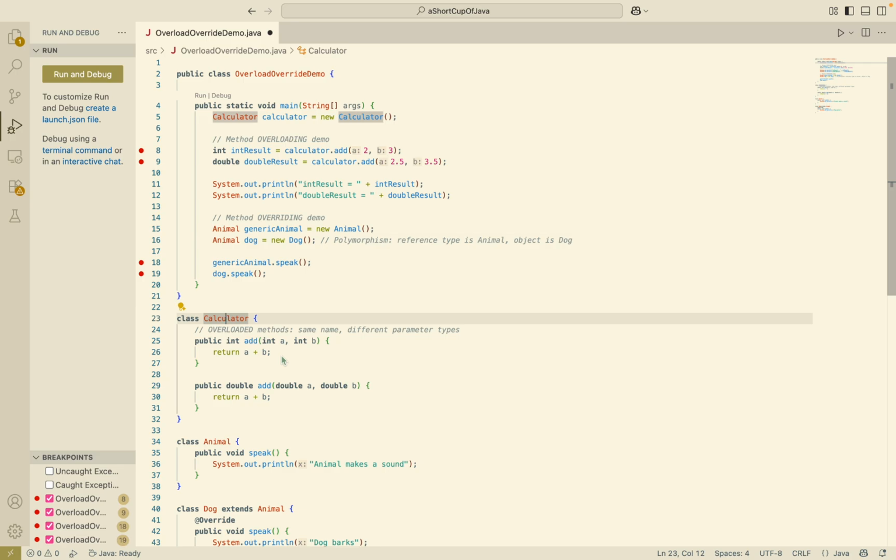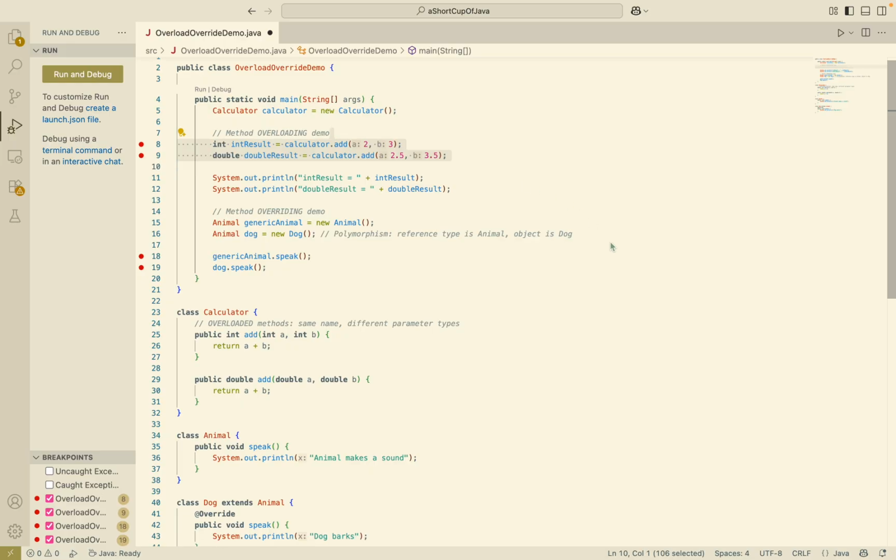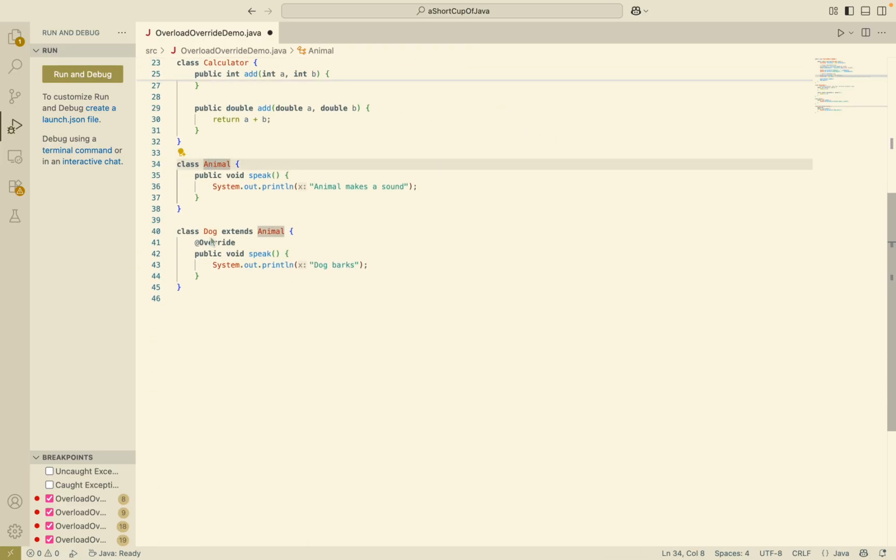The compiler chooses which add to call based on the types of arguments at compile time. Those are the two things I'm talking about. So 2 and 3 call the int version, and then obviously the doubles call the double version. And then the Animal and the Dog classes